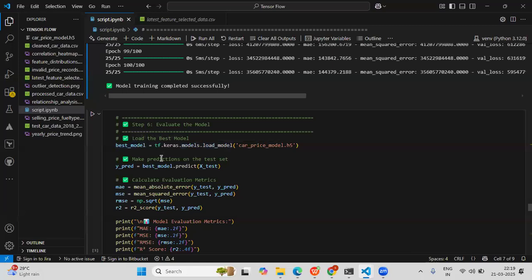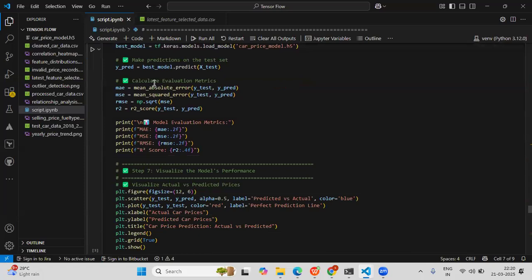Then we are going to make the prediction on the test data, the same way as in the linear regression model, using the best model variable's predict function on the test data features. It will predict the selling price for the test data features and store it in the predict variable.